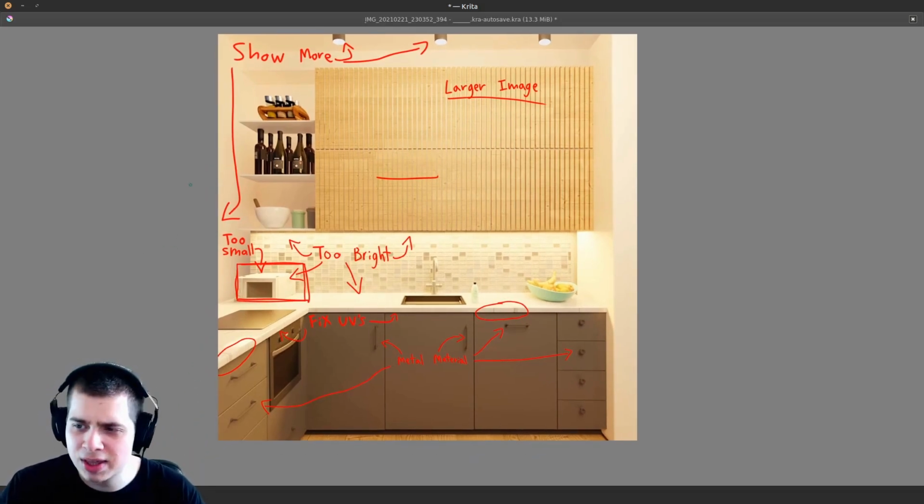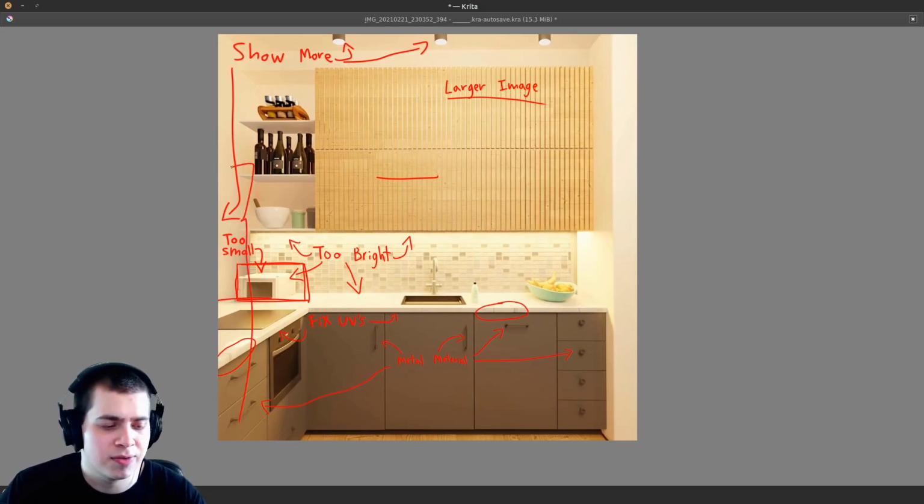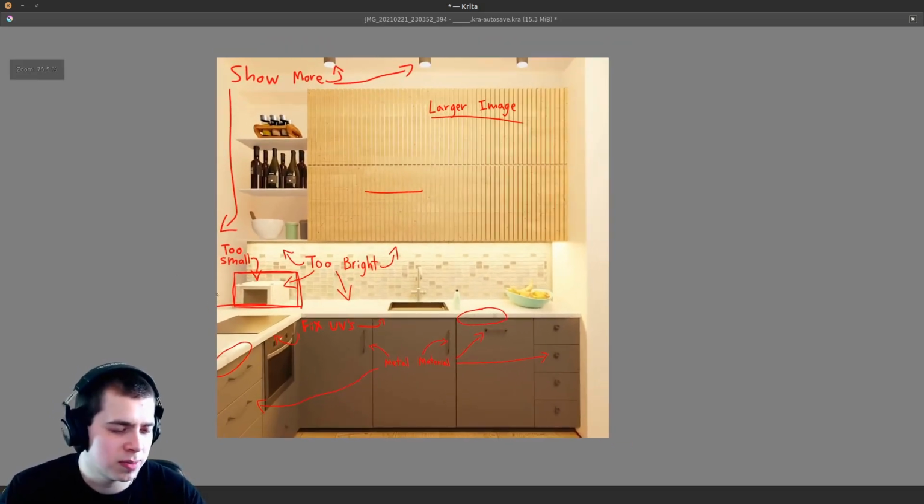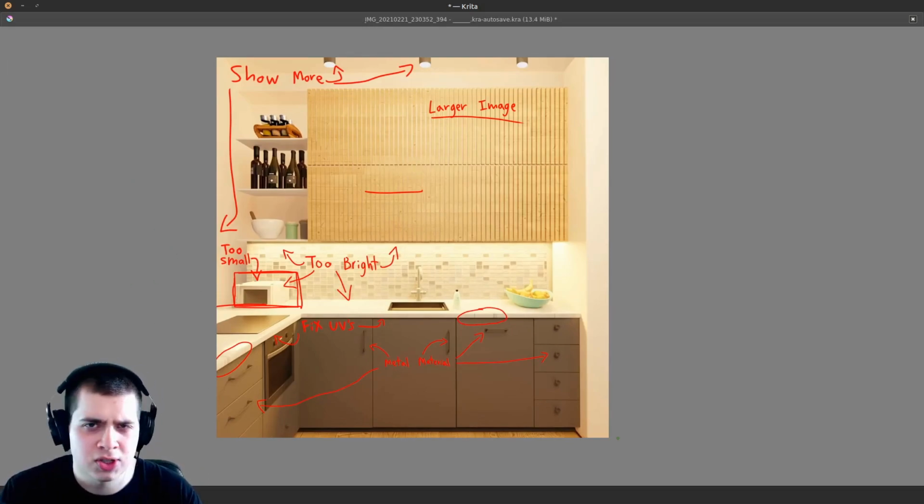And I imagine that right here, right out of the scene, there might be a fridge or something. So I think it'd be really cool if you model a little bit more of the kitchen, zoomed out and showed a little bit more so that you can see more of the floor and a little bit more of the kitchen.